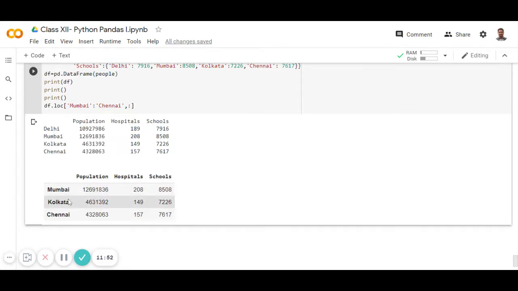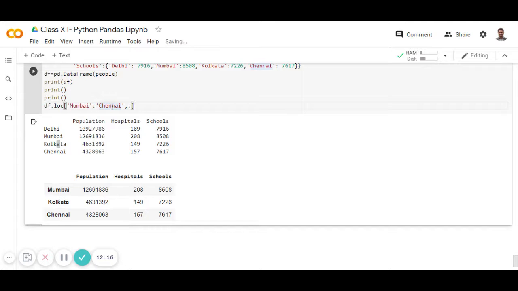It is showing three. I have given Mumbai Chennai, but it is also showing Kolkata, because it is showing from Mumbai to Chennai. So whatever is in between, it will also show. Okay, so through the loc function we can access the rows.